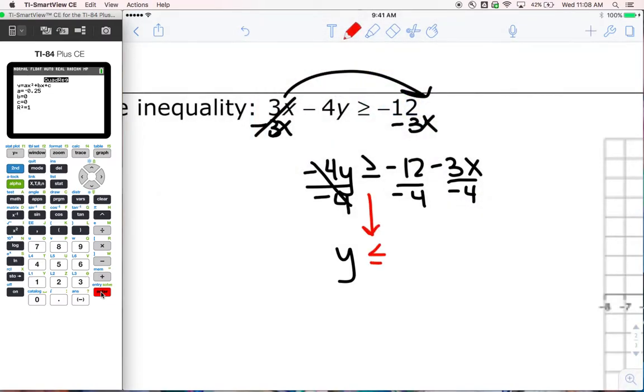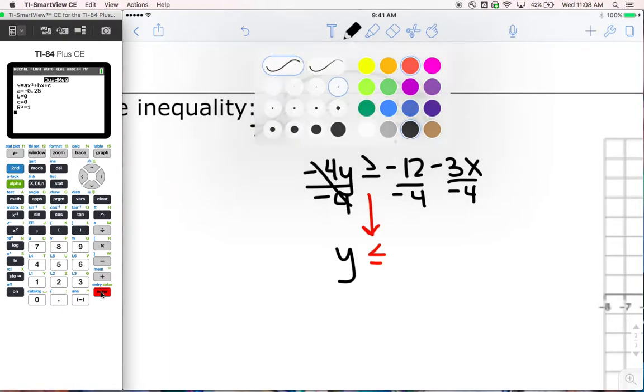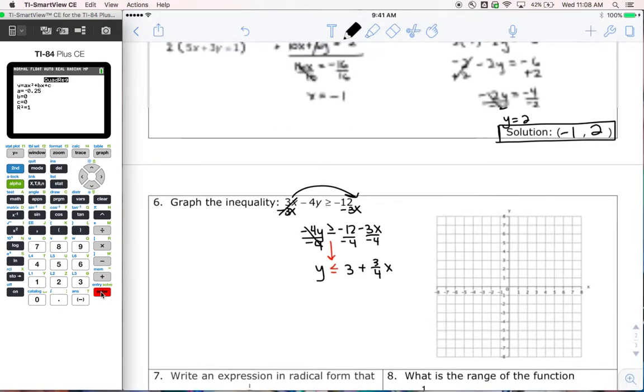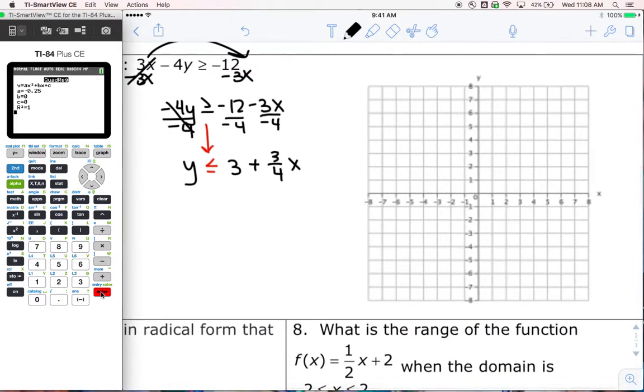So now it's a less than sign. And on the right side, I have a positive 3 and a positive 3 over 4x. Okay, so let's graph this thing. My intercept is the number without x, so that's 3. My y-intercept. Now my slope is 3/4, so I'm going to go up 3 and over 4 to find my